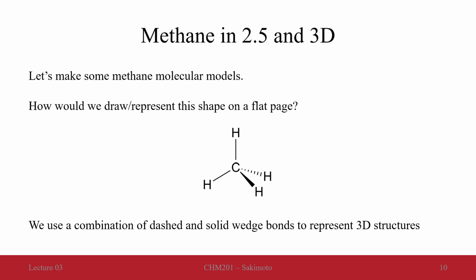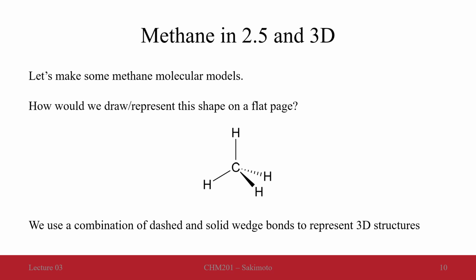To represent that one carbon-hydrogen bond is pointing away from us into the plane of the page, we'll have a dashed bond that wedges out in the direction pointing away from us between this carbon and this hydrogen, and another solid wedge bond pointing towards us, representing the last, fourth, and final hydrogen present here. So this structure is interpretable by every chemist out there to represent not just the fact that there's 4 hydrogens bonded to this carbon to satisfy the Lewis structure and the octet rule, but it lets us know the